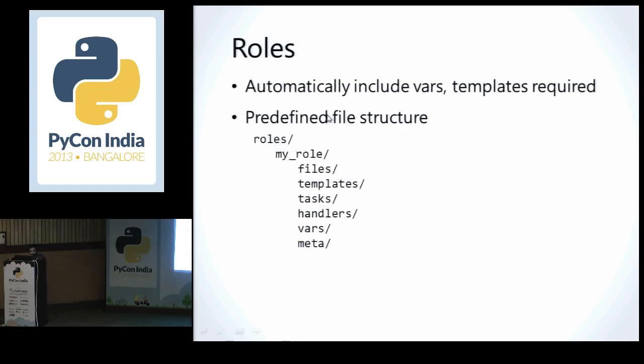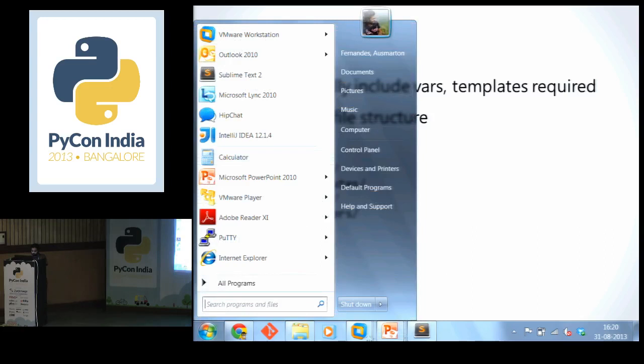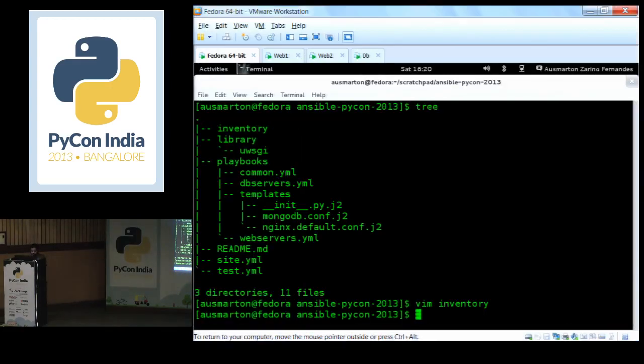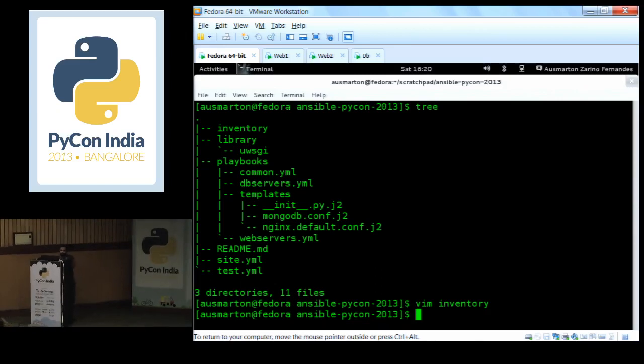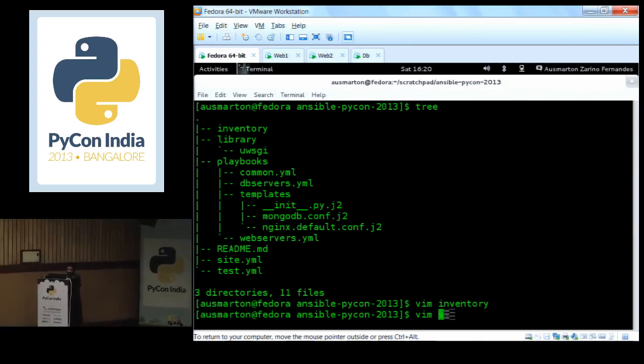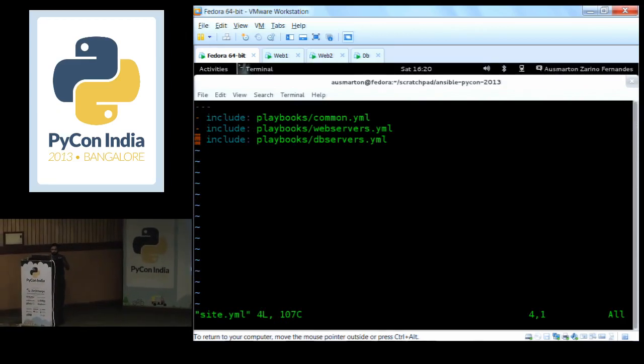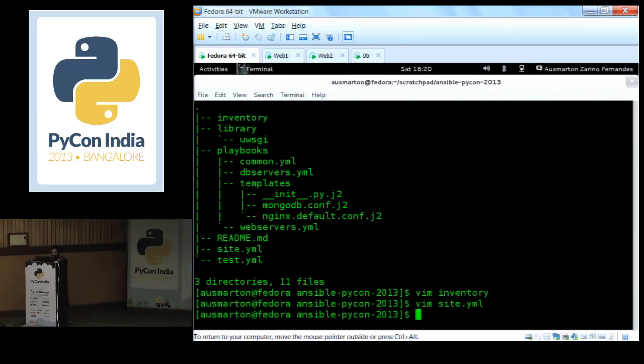So I'll just take you through the playbooks right now. If you see, my playbooks are organized so that I have one playbook called site.yaml, which in turn contains these other playbooks like common, web servers and DB servers.